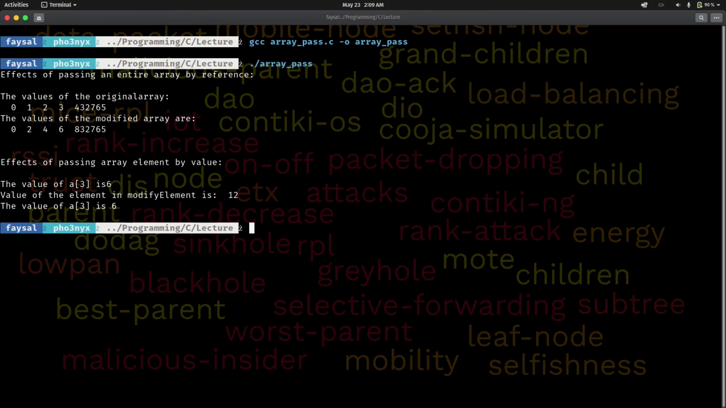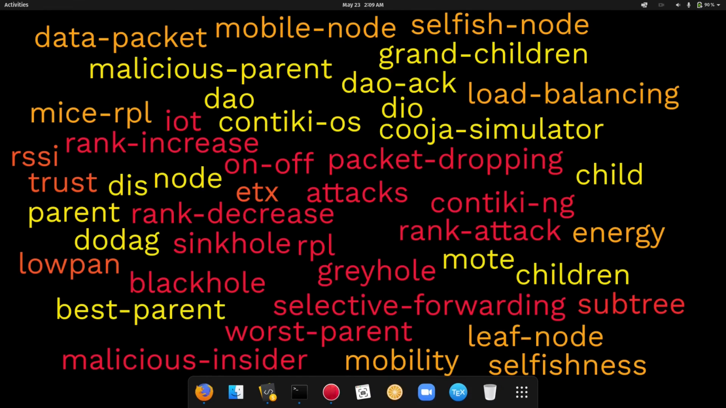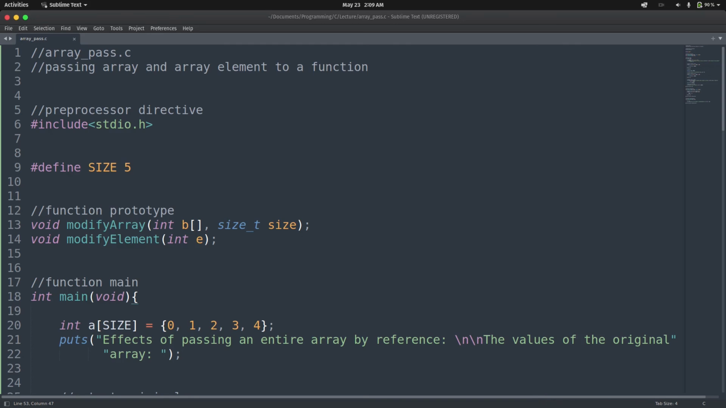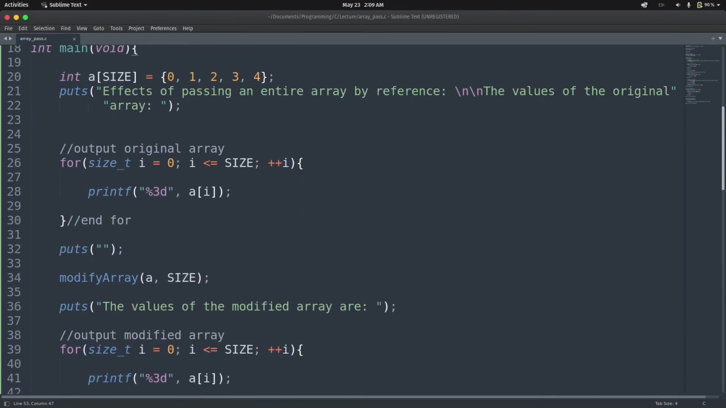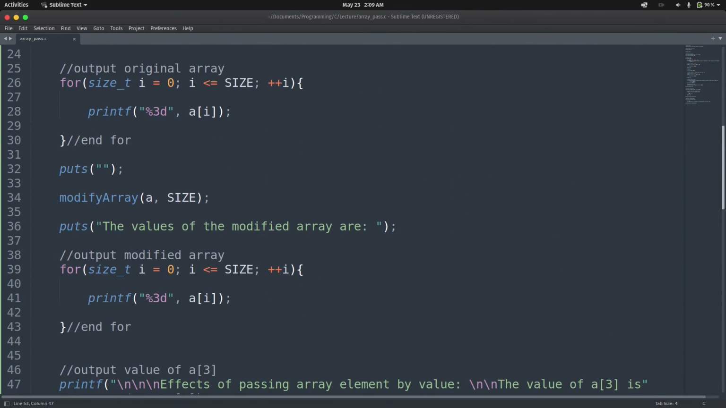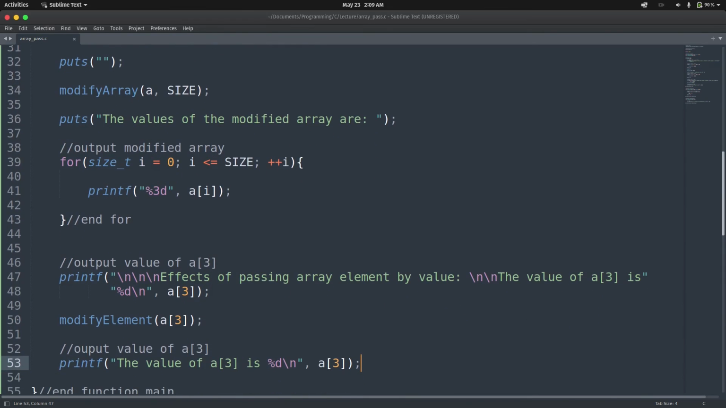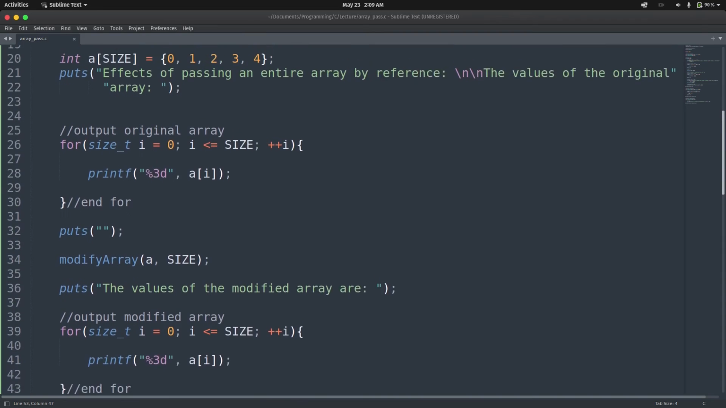432765 that we have. Let me go back to the code and see why we are having this. What are they? What do they stand for? Perhaps we made a syntax error. No, we have a logic error, not a syntax error. Sorry. So the values of the modified array are